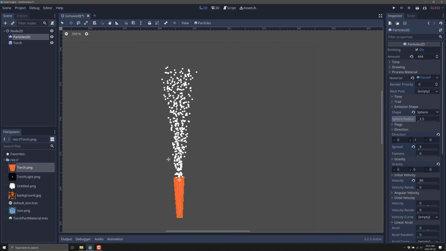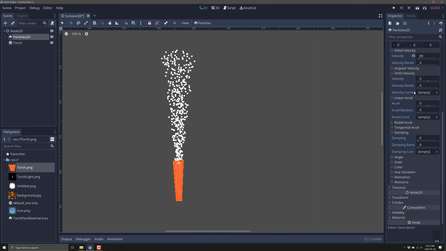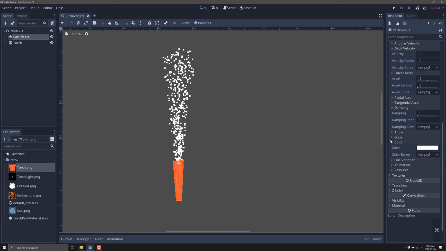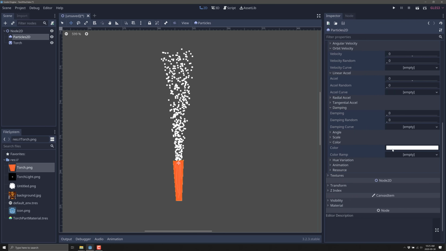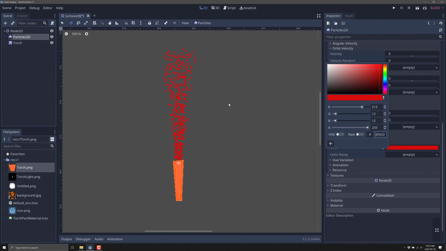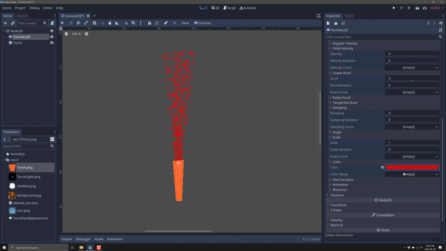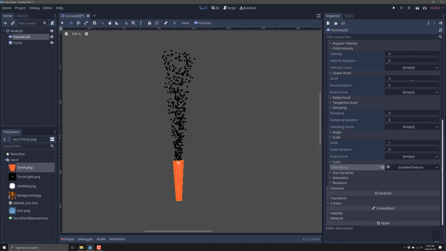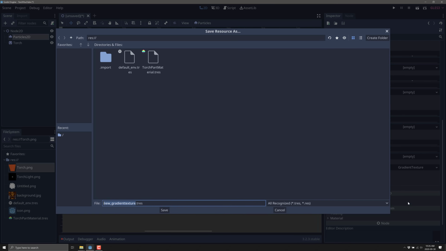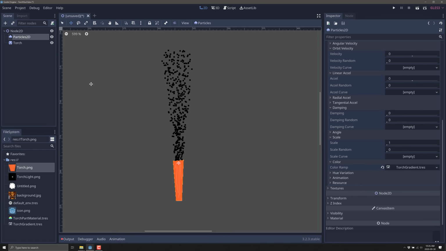Next thing you're going to probably want to do is have this look a little bit more like, I don't know, flame. And that's definitely one of those things that's missing. So this is, again, another thing that we set, and we're going to set this one by the color. And as you can see, color is straightforward. This is the color of our particles coming out, but we're not going to do a single color. Instead, what we're going to do is a color ramp. This is a new gradient, and we may reuse this guy. So again, let's just go ahead, we'll save that guy, and we'll call it torch gradient, like so. All right, there you go.